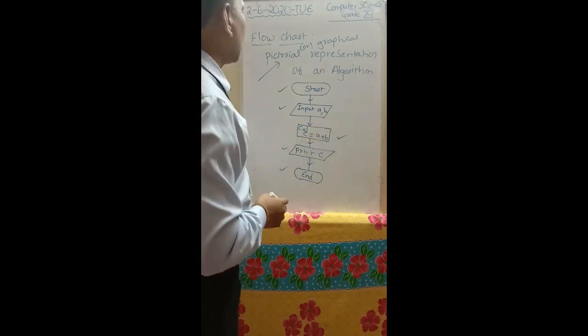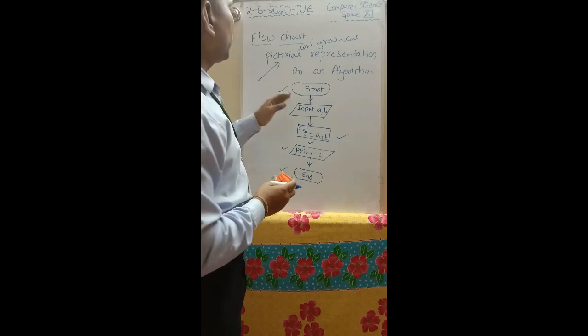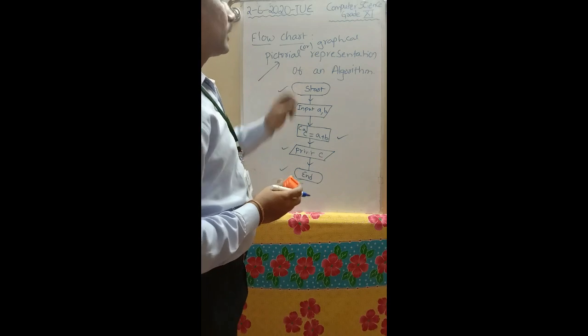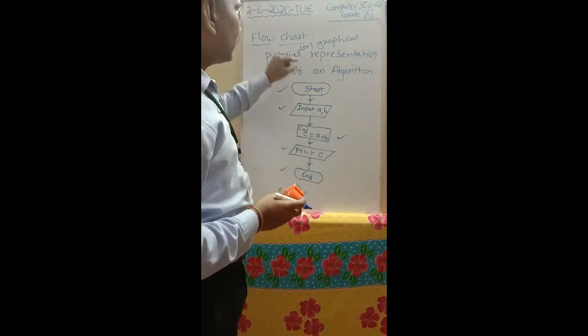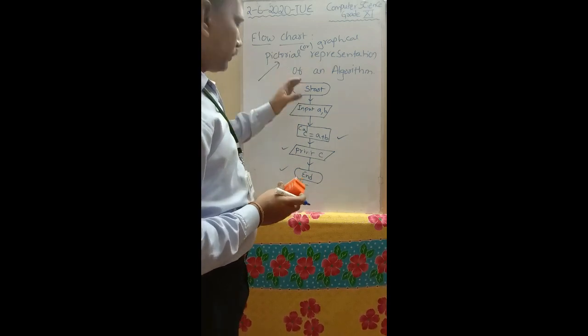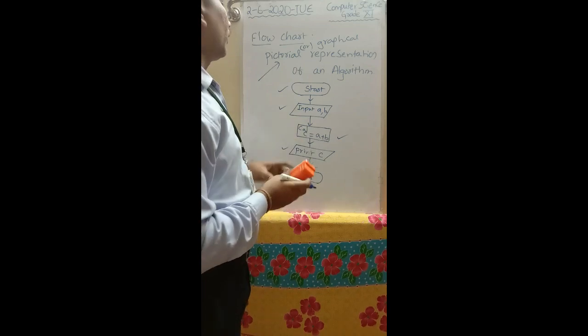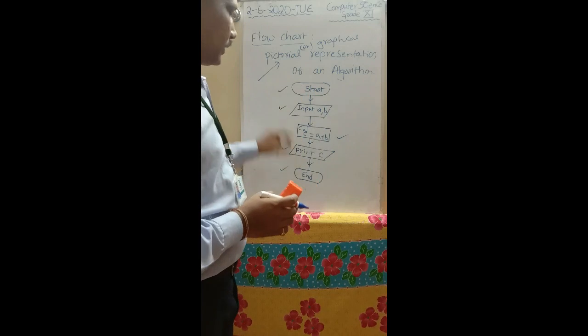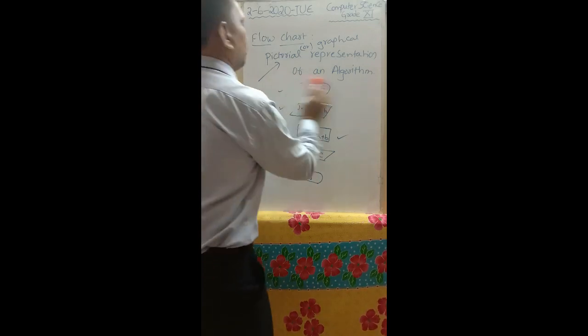This is the concept of flowchart. So this is an example; last time we discussed the sum of two numbers. The flowchart for that algorithm is this one. Next we discuss all the symbols one by one in a specified manner.